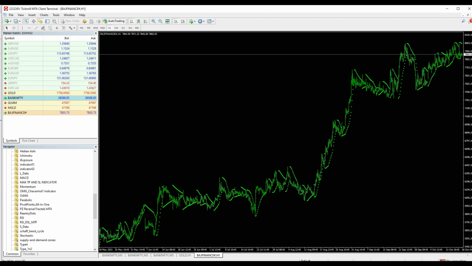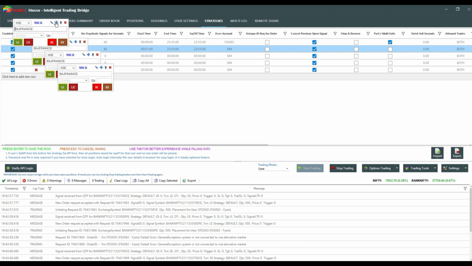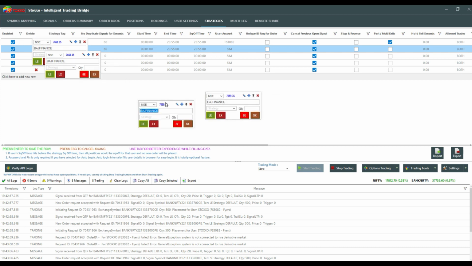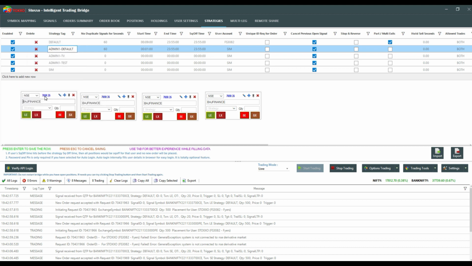Okay, now if you want to open it up manually, this is the trading tools area. This is where you find your tools related to trading, and under the options trading tab you find tools related to options trading. Now you can open n number of QTPs, so there is no restriction on that. It has the ability to read the charting script on certain brokers' platforms. You will have to configure the Google Chrome plugin. Of course, there would be a separate video covering that, but this is a short walkthrough of what Stoxxo is